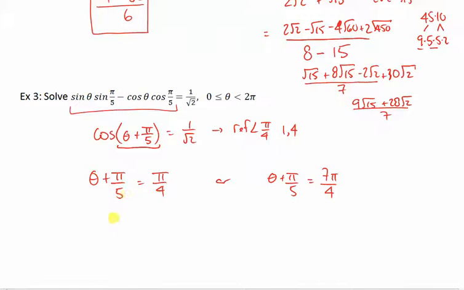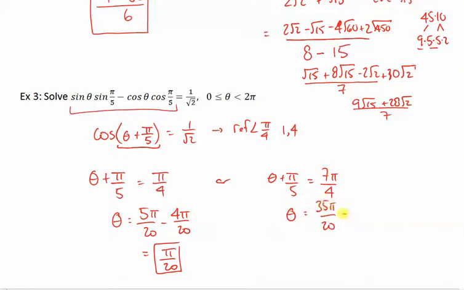I need a common denominator of 20. This will be 5 pi by 20. Subtract 4 pi by 20. So one angle is pi by 20. The other angle, 20 denominator, multiplied by 5. 20 denominator, 4 pi by 20. Subtract 31 pi by 20,